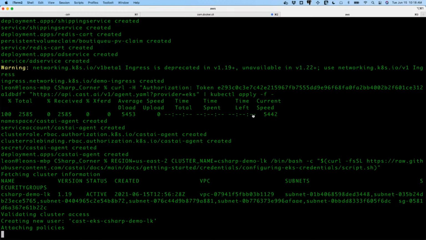So in other words, it's not God access. We don't have access to your whole account with this set of credentials. We just have access to manage this cluster, and very specifically, it's managing the node groups, and it's also able to create new EC2 instances and add them to the cluster.